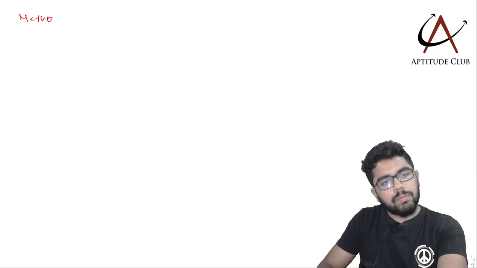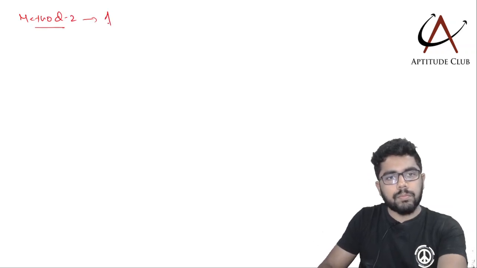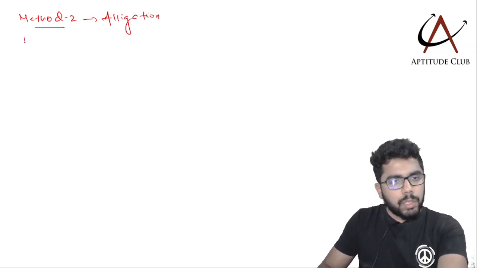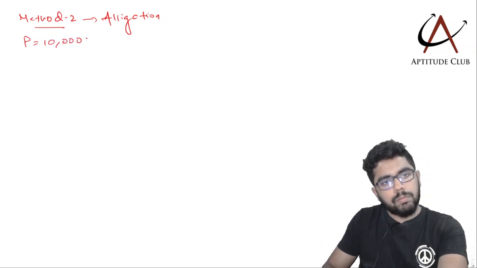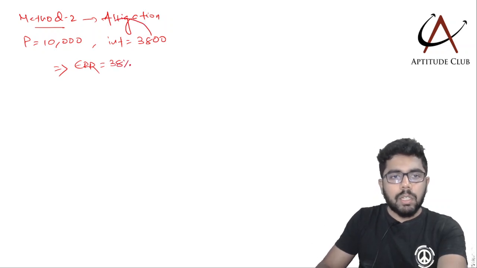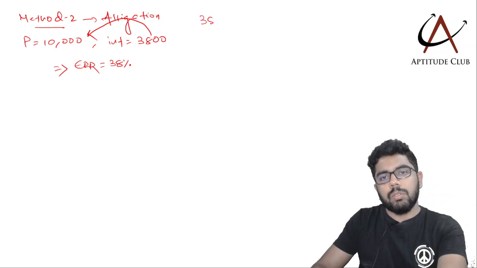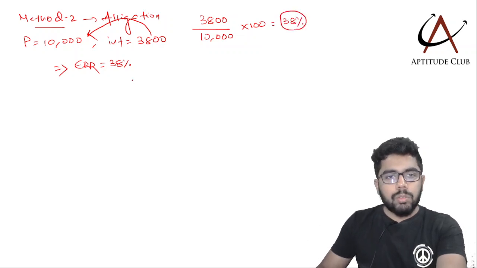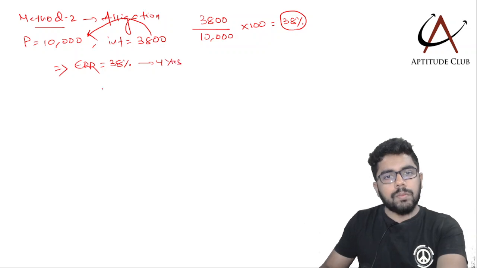Method 2. Now if you see, my total principal is 10,000 and total interest earned is 3,800. So I can write this as an ERR of 38%. Can I say 3,800 on 10,000? So 3,800 upon 10,000 into 100. So this is like 38%. So ERR of 38% in 4 years, which is approximately 9.5%